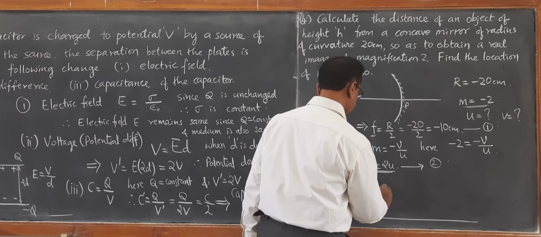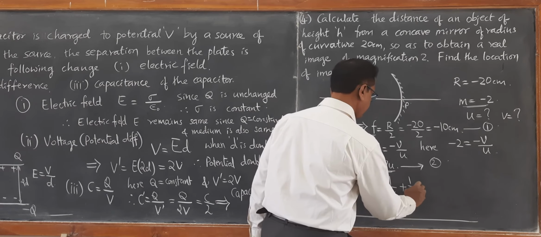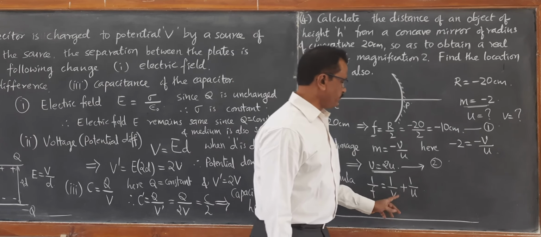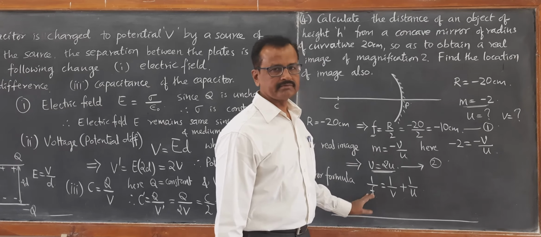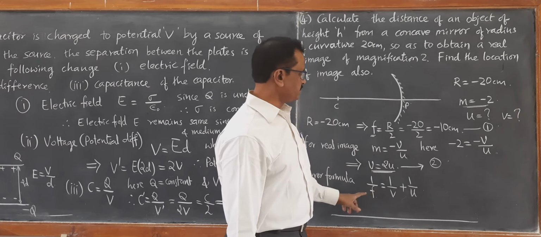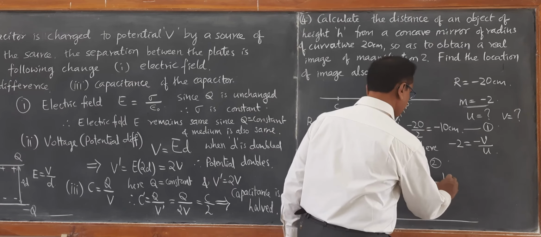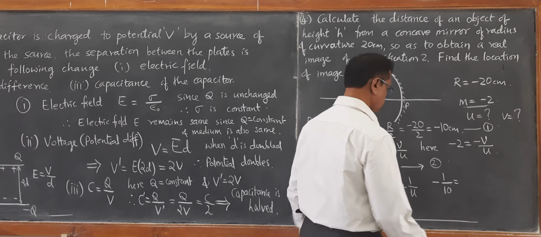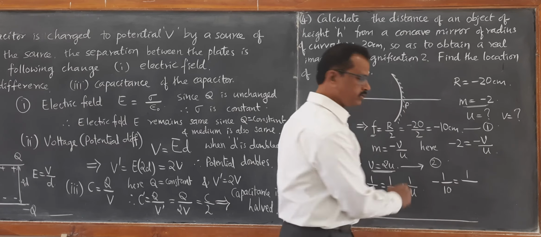1 by F is equal to 1 by V plus 1 by U. Just substitute the value of V, V is equal to 2 times U, and substitute the value of F. You will get the result: F is minus 10 cm. Therefore, minus 1 by 10 is equal to 1 by V, where V is equal to 2U,